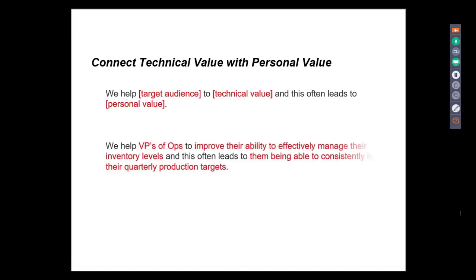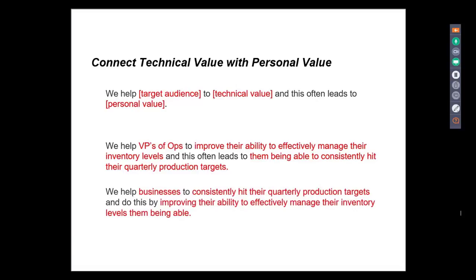Connecting technical value with personal value. So now we're bringing in that personal aspect. We help target audience to technical improvement, and this often leads to personal improvement. We help VPs of ops to improve their ability to effectively manage their inventory levels, and this often leads to them being able to consistently hit their quarterly production targets. We help businesses to consistently hit their quarterly production targets and do this by improving their ability to effectively manage